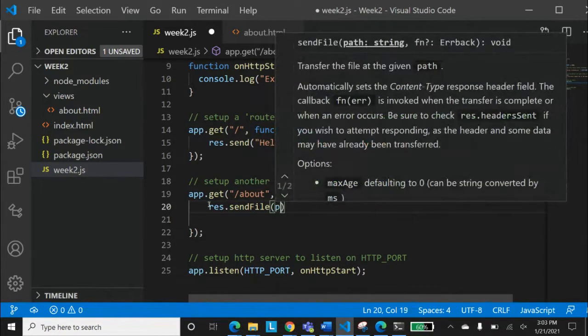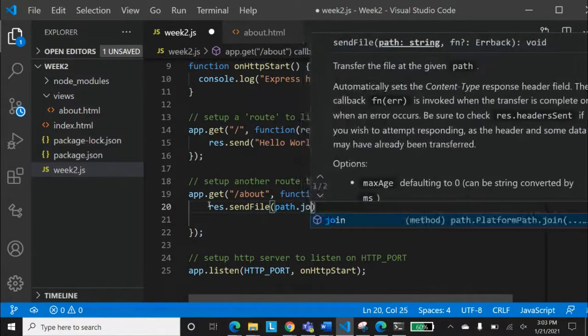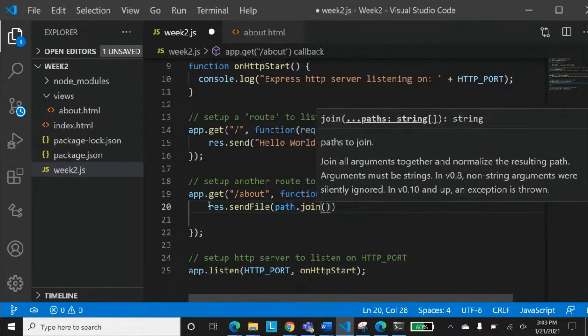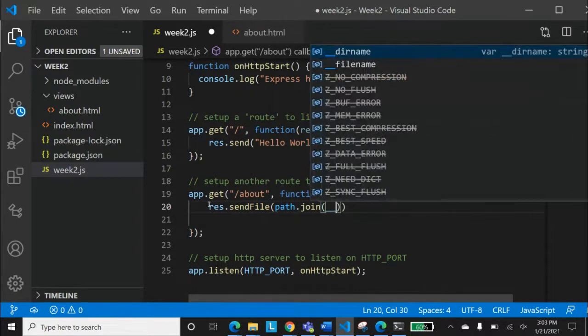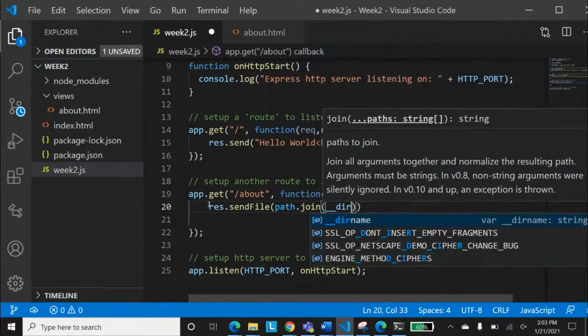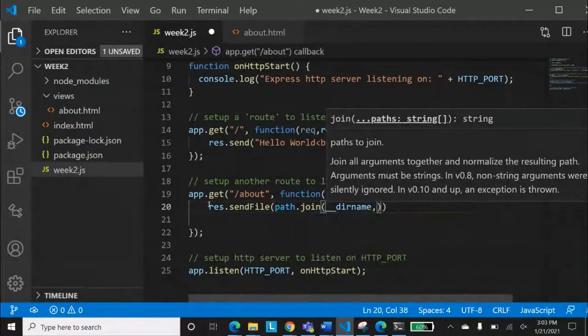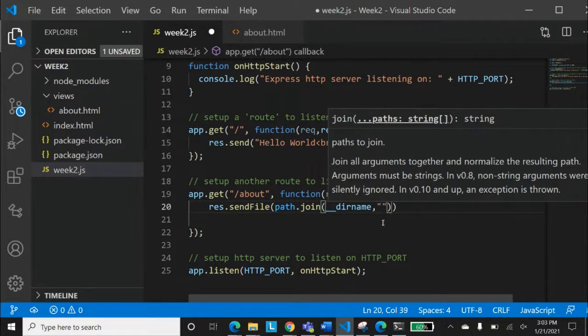Now, this is very interesting. path.join. We are joining the path, and we are about to tell it the directory. If you remember how to access the current directory, __dirname. You remember that __dirname? Join __dirname, comma, and now tell it the path.